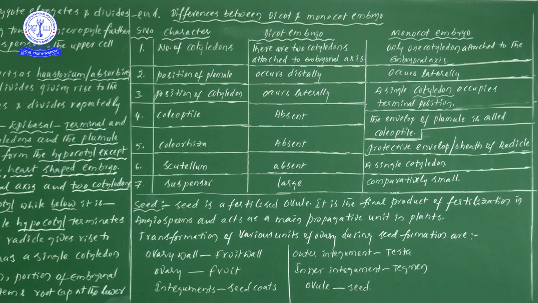In post-fertilization events, first endosperm development will be there. Once endosperm development is complete, we can see the development of the embryo. Why? Because the endosperm acts as a nourishing tissue that supplies food materials to the developing embryo. The endosperm is mostly triploid, with some exceptions I gave in the previous class. But the embryo is always diploid, because the embryo develops from the diploid zygote. So this is a small piece of information regarding post-fertilization events.